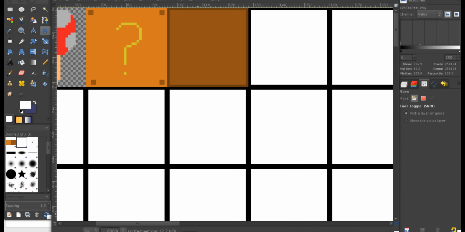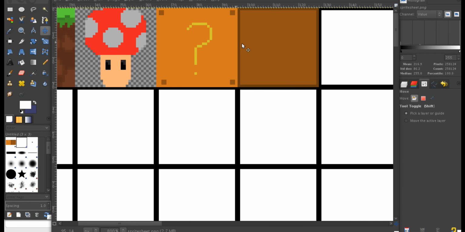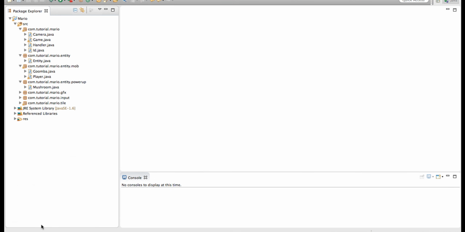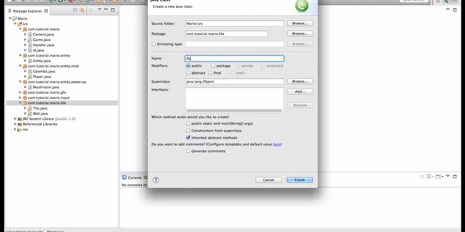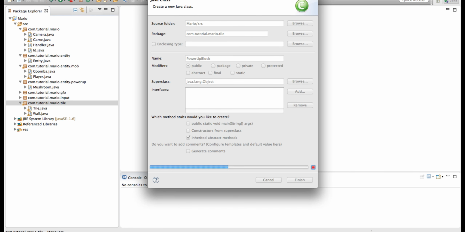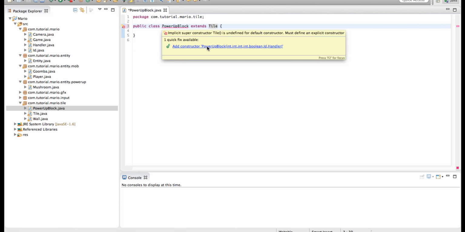And I'll show you in GIMP. I made these 2 rubbish, once again, little sprites. One for when we haven't hit the power up block and one for when we have hit it. Nothing special, pretty crappy once again. So we're going to go into our tile package. We're going to right click and create a new class, and we're going to call it power-up block. There we go, and because it's a tile we need to make it extend tile. So just add the constructor,